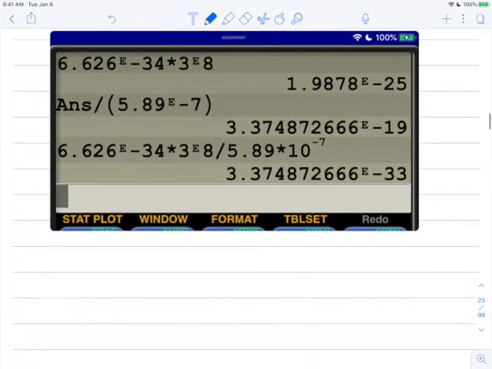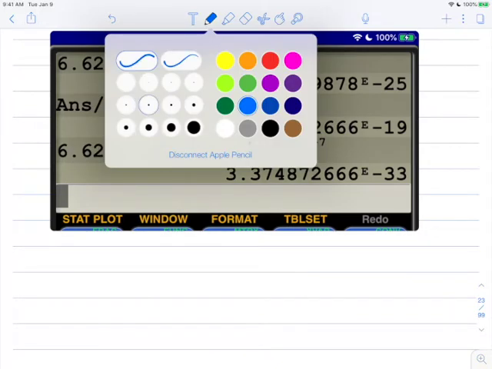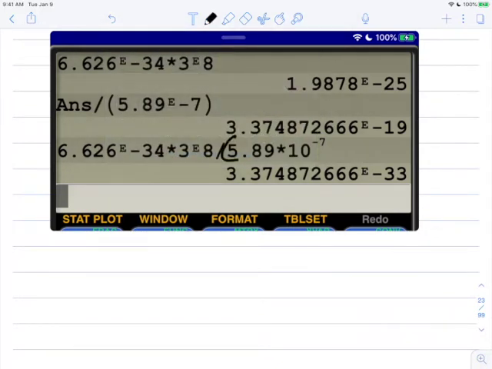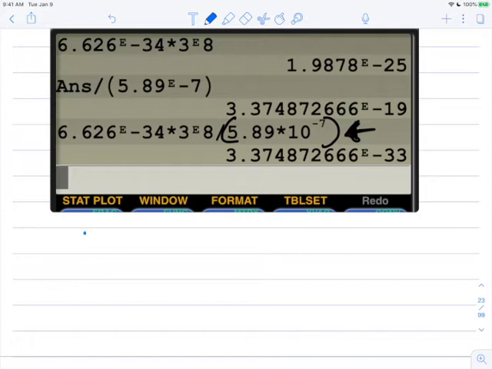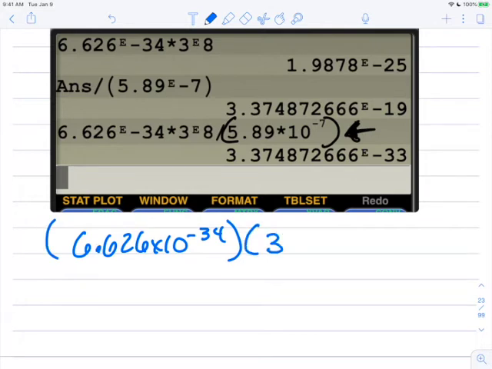All right, so in the denominator, if you don't use the EE function, you need parentheses. Get a thicker marker. You need to add parentheses right here. Because if you do not use parentheses, what you're telling the calculator is 6.626 times 10 to the negative 34 times 3 times 10 to the 8th